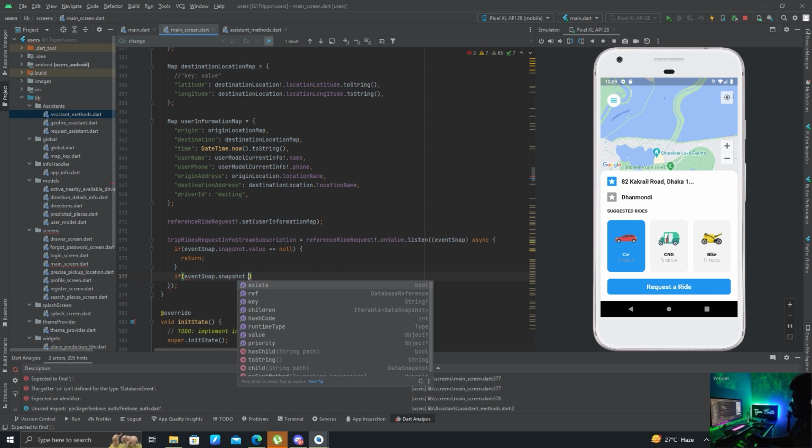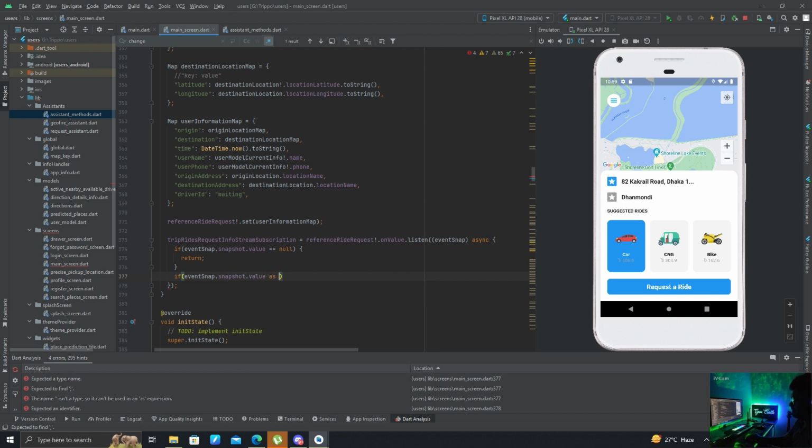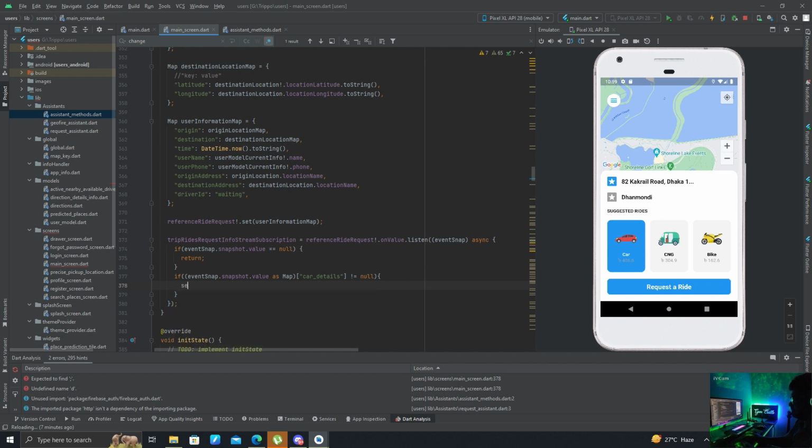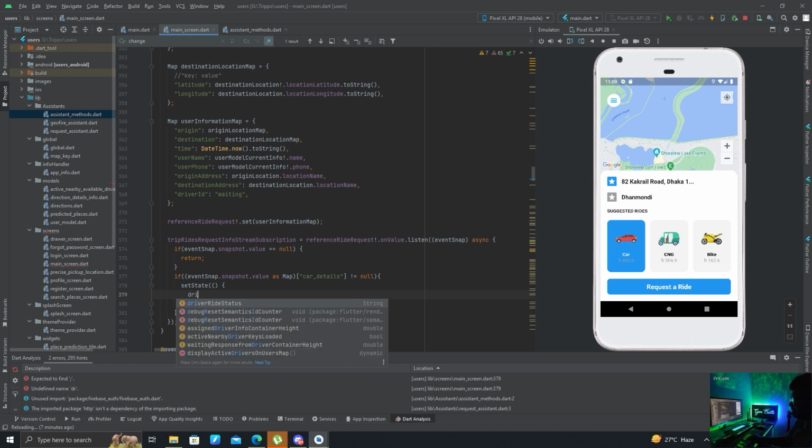event snap dot snapshot dot value as map, we have to place it inside a bracket as map, car underscore details not equals to null, then driver, let's add a set state, so driver